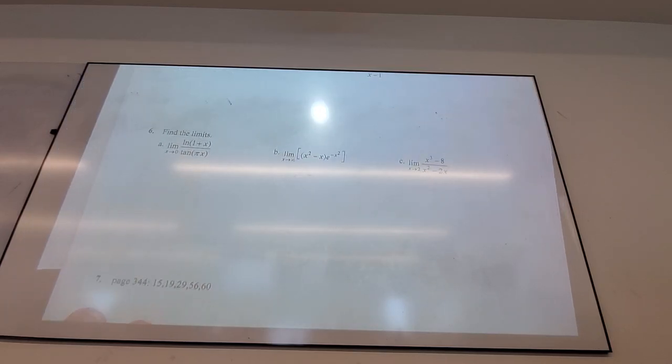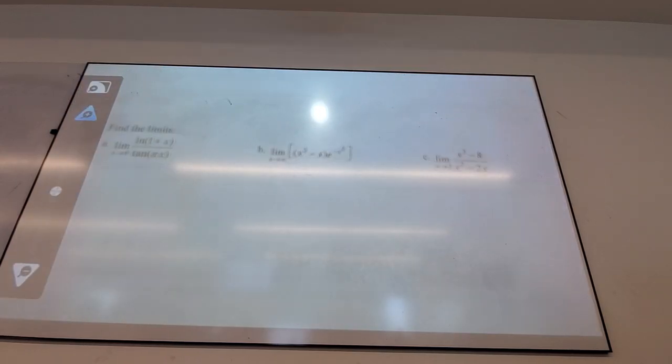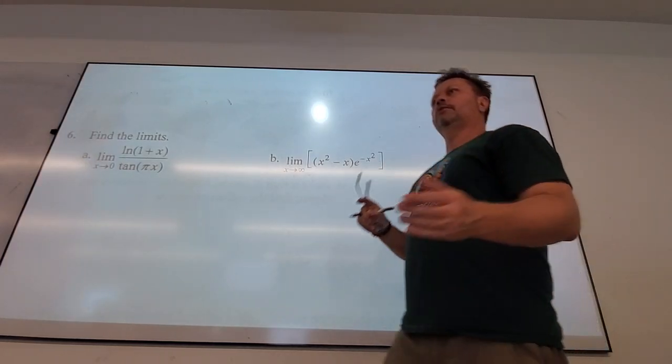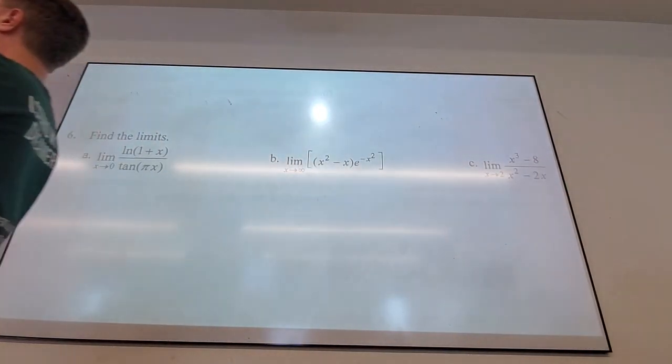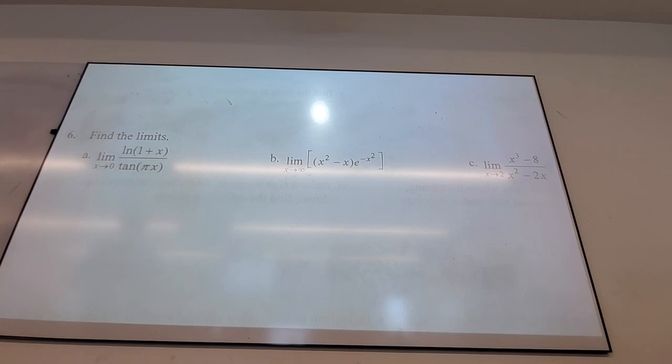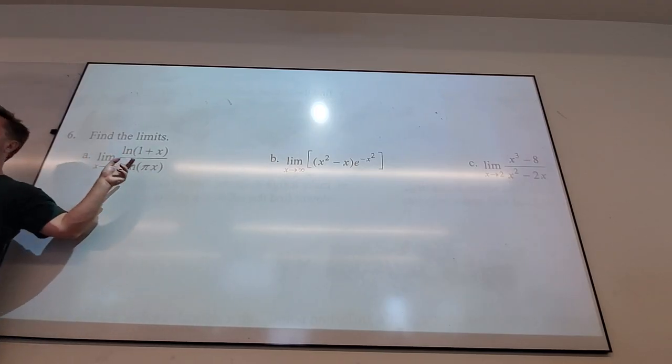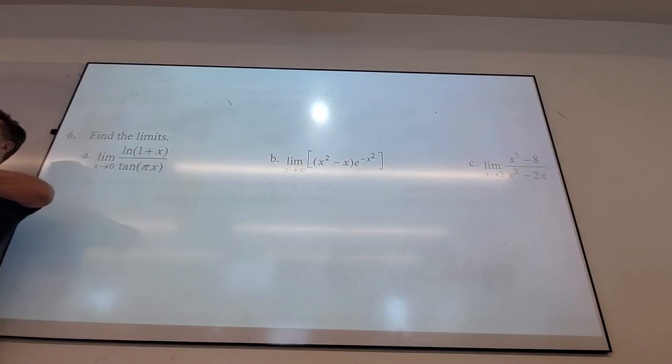Okay. So what's the very first thing you try to do whenever I give you a limit problem? You know there's a good chance, I'm not going to say I definitely will, there's a good chance it's going to give you a limit where if you just plug it in, you're done, right? Well, if you try to plug 0 in, what do you get on the top? 0. Good, natural log of 1 is 0. Tangent of 0 is 0. 0 over 0 is indeterminate.